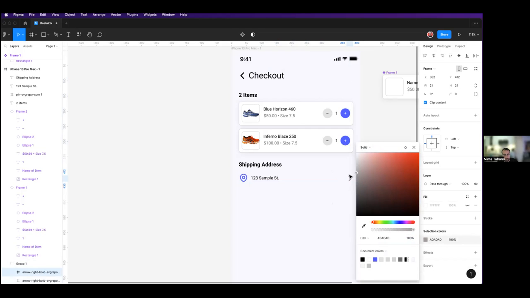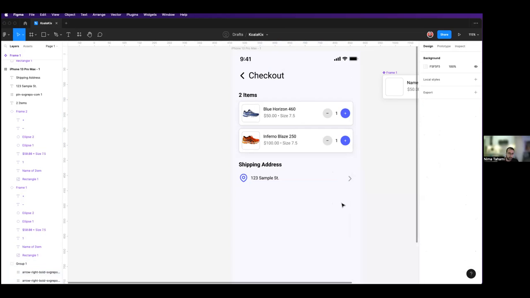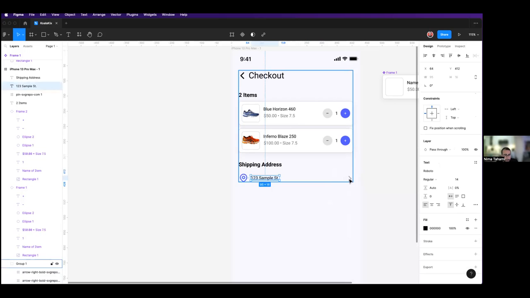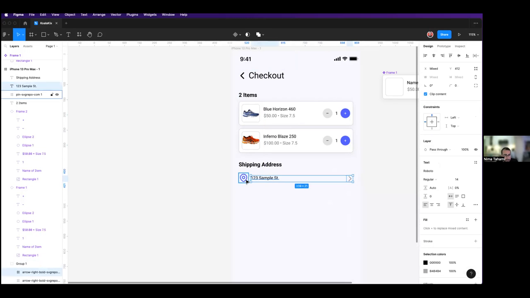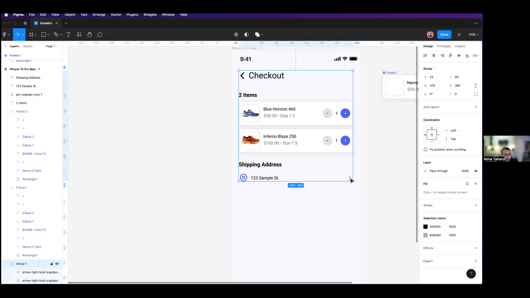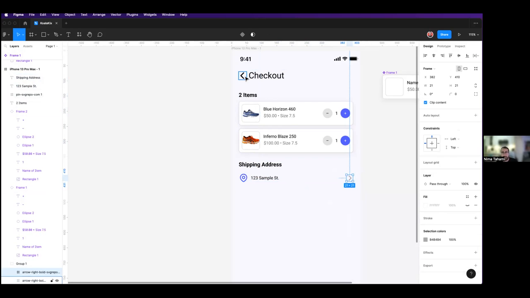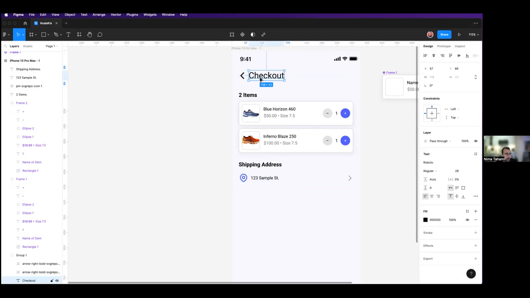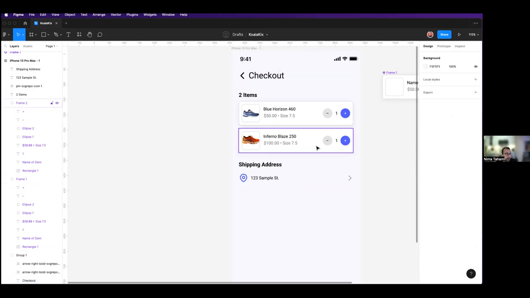Maybe a little bit darker than that. There we go. It's starting to look better. Cool. So we have our shipping address with the ability to change. We want to just double check to see if everything's aligned here. That looks good. Now, right now, because I've duplicated this one here and this one already has essentially a group,